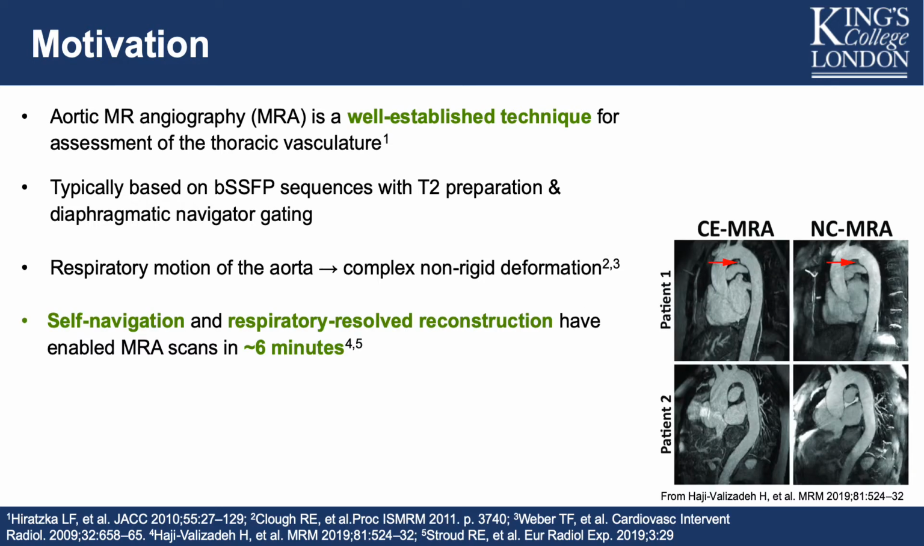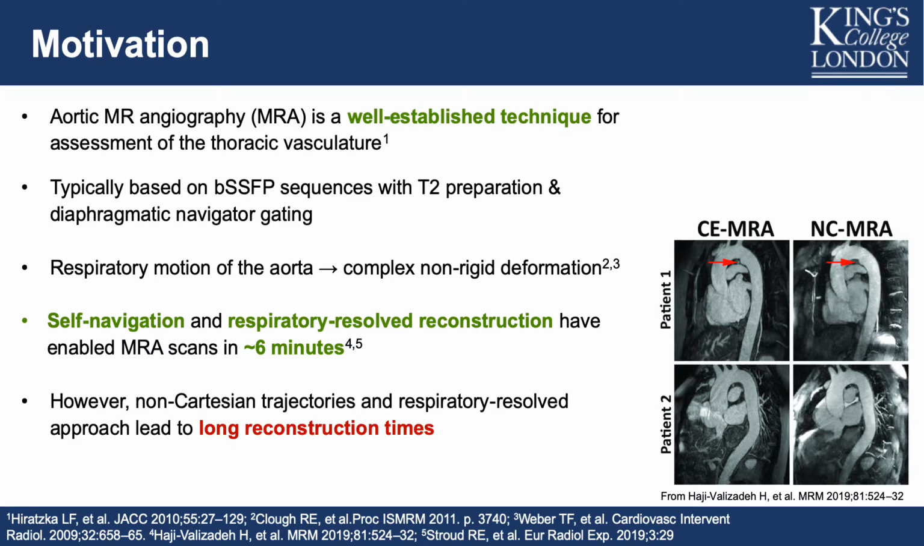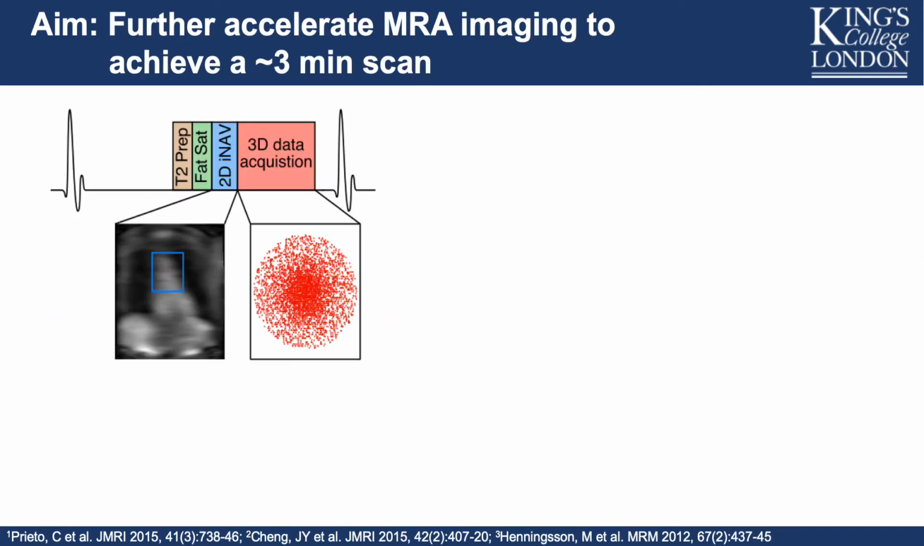Self-navigation and respiratory-resolved reconstruction approaches have recently enabled aortic MRA from scans of around 6 minutes with very promising results. However, these approaches use non-Cartesian trajectories, which together with the respiratory-resolved approach can result in very long and clinically unfeasible reconstruction times. The aim of this work was to further accelerate Cartesian MR angiography to achieve a short scan time